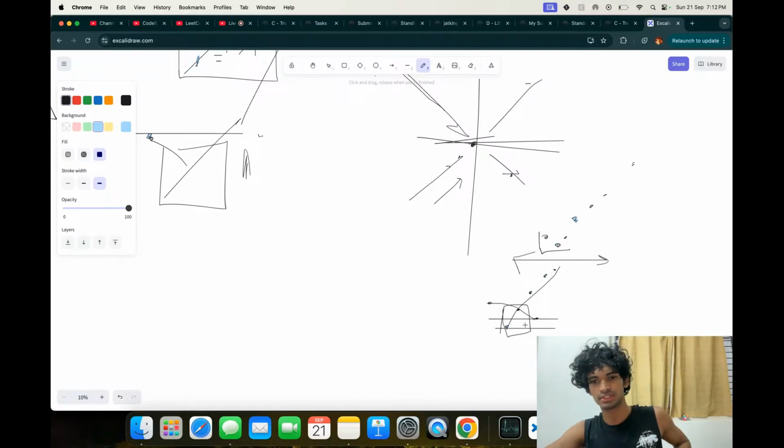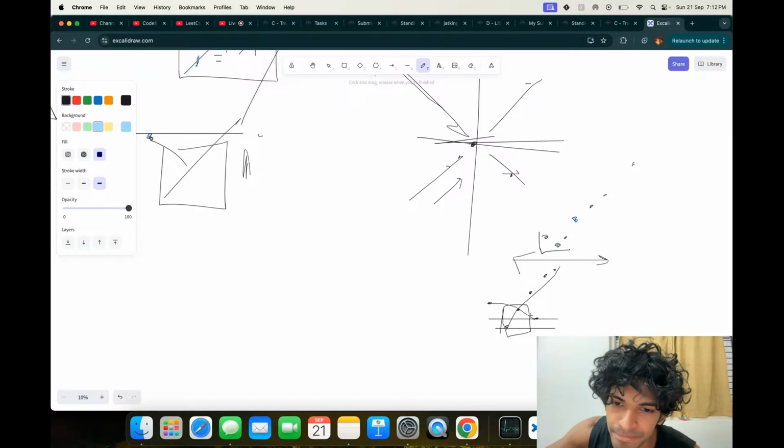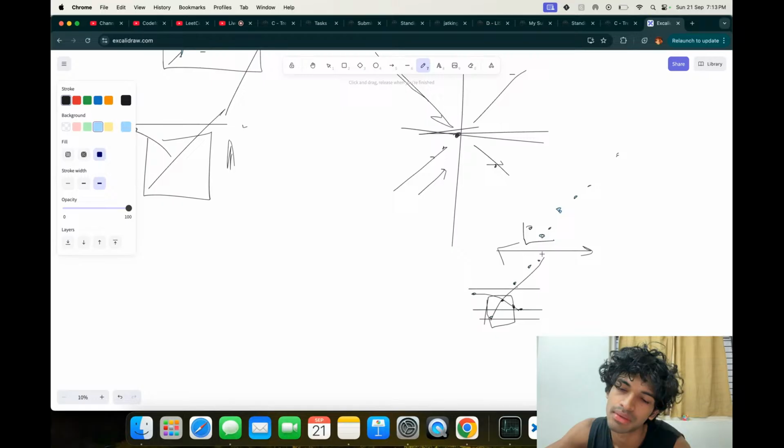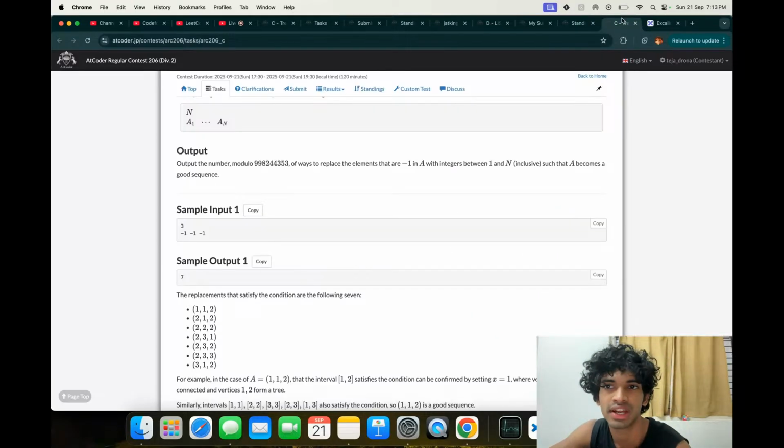What about this one? You have two things coming up, but then you cannot take this and this, but you can take this and this. But then if you take this and this, it will be increasing, but it's not both increasing and decreasing, right?